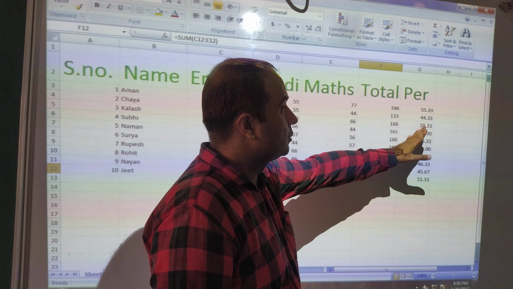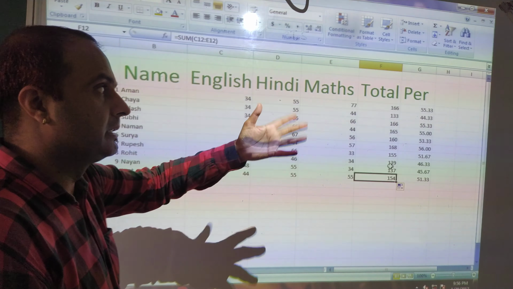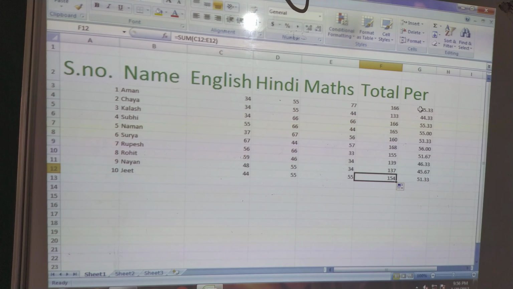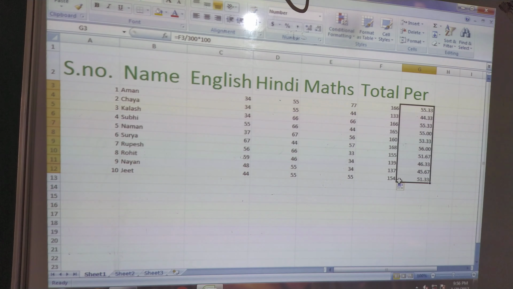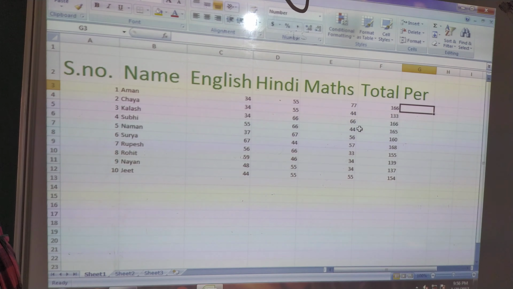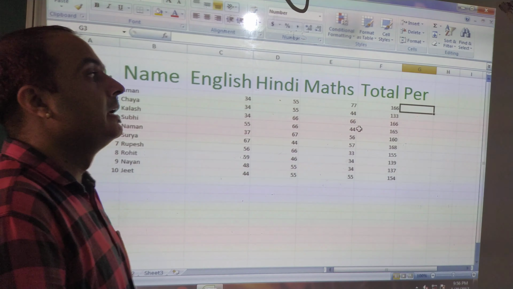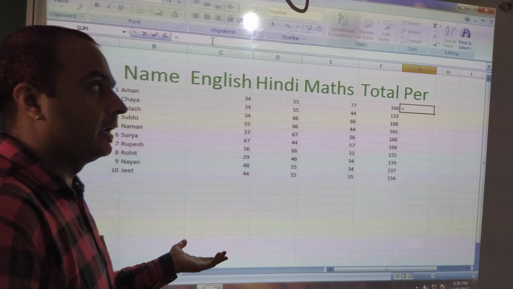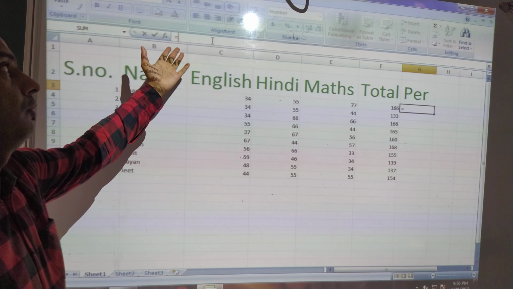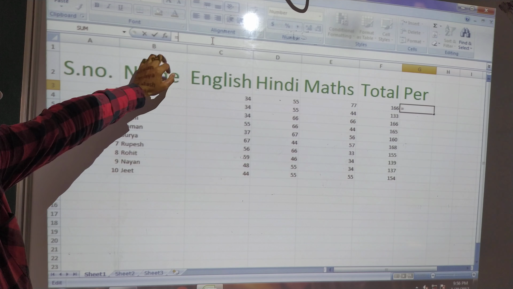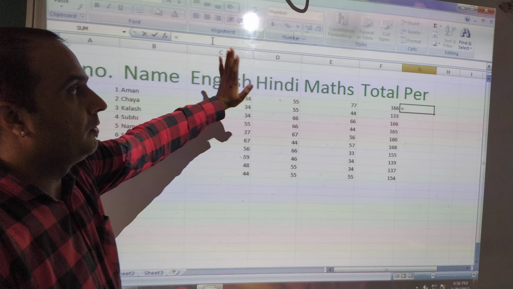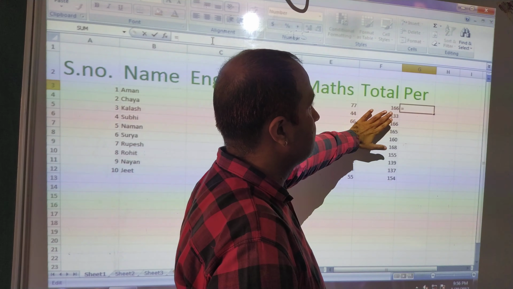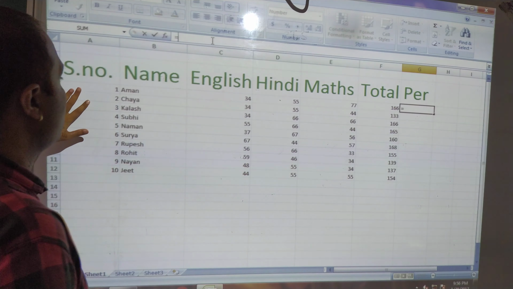Now if I want to find the percentage of these numbers, how can we find it? First of all, we click on the cell where we want the percentage, so this is an active cell now. Before using any equation or any type of formula, we have to put the equal sign in the formula bar. So I have put the equal sign, and you can see the total is in F, on row number 3.